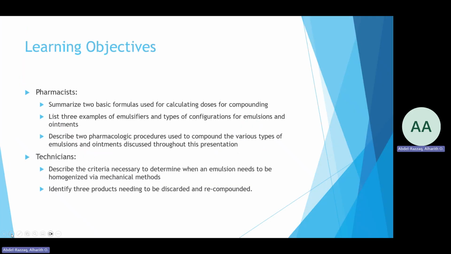And let's review the learning objectives. So for pharmacists, we should be able to summarize two basic formulas used for calculating doses for compounding. We should be able to list three examples of emulsifiers and types of configurations for emulsions and ointments. And pharmacists should be able to describe two pharmacologic procedures used to compound the various types of emulsions and ointments